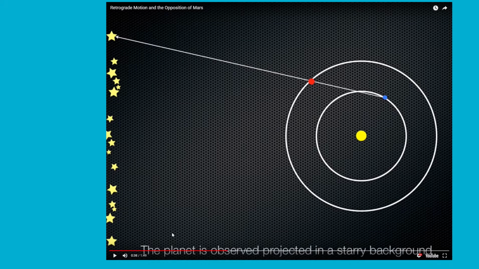So what the person making this video has done is they've actually said this is going to be a starry sky back here to the left, and if I'm an observer on Earth and I'm looking up into that night sky, Mars is going to appear to land right about here. And again, that's because we're positioned behind Mars. So you can think of it as we're coming up from behind, we're ready to cross Mars's path and get ahead of it. But for now, it's going to shoot back and we're going to see it to our right.